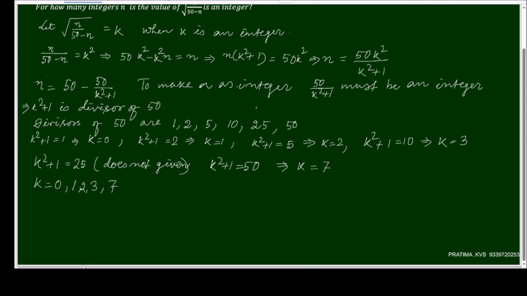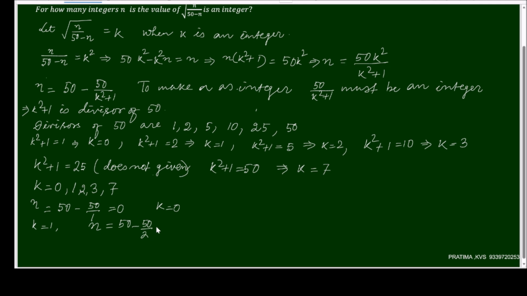So we will get n now. n equals 50 minus 50 by 1, that will be 0. This is k equals 0. And k equals 1: n equals 50 minus 50 by 2, that will be 25. And k equals 2: